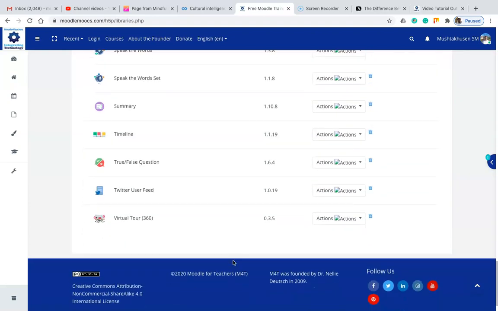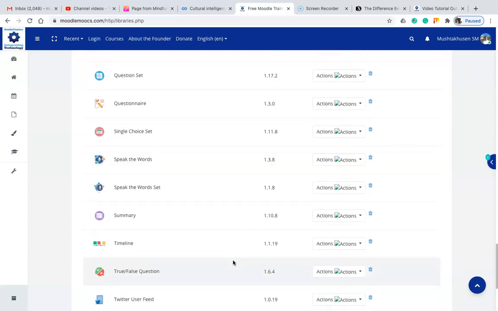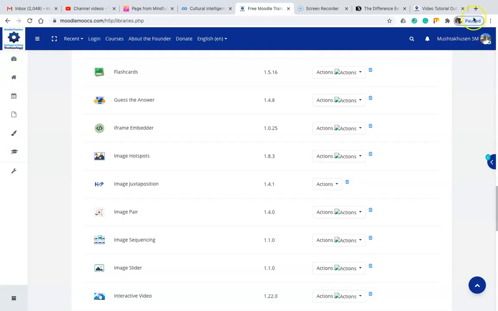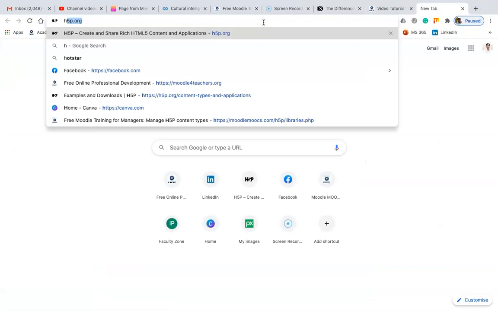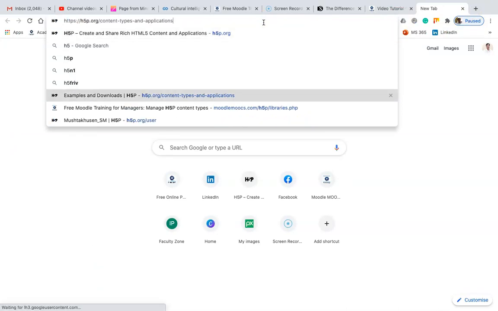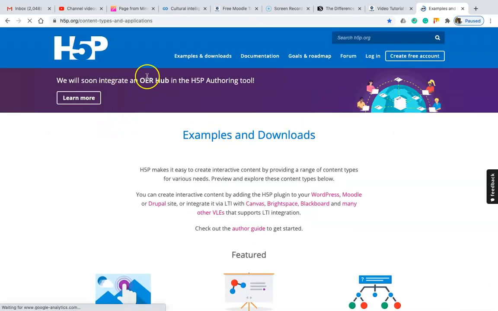If you want to see different examples, maybe you can go to H5P and explore more. I would suggest you go to H5P and explore more. Here we have some examples and downloads. This is h5p.org.